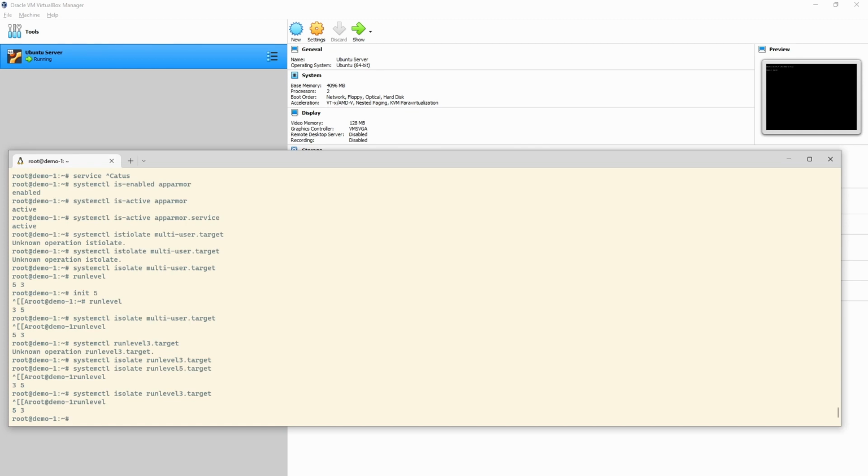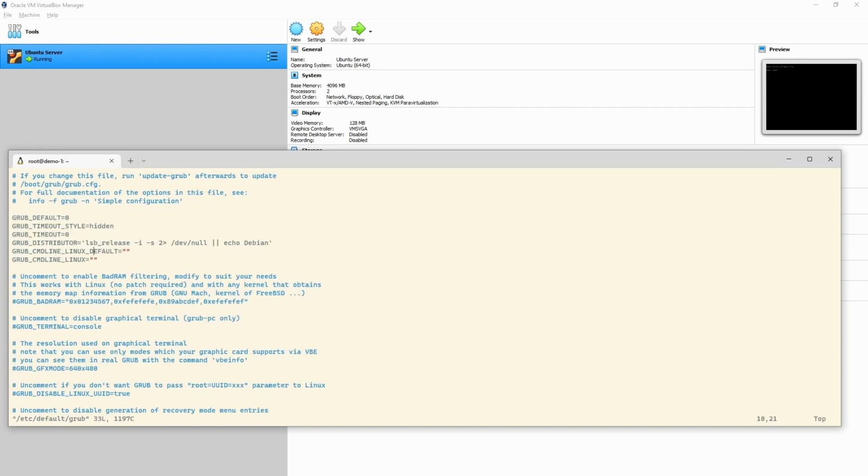There is another option here that we can do to change this permanently on boot, because obviously we don't want to have to boot it and then switch our run levels all the time. So we can do /etc/default/grub. And I've mentioned this in a previous video when we talked about grub. To do that, we can set a kernel parameter in either one of these, and one of them is on every boot, one of them is on normal boot. And we can just set one in here, and it would be something like